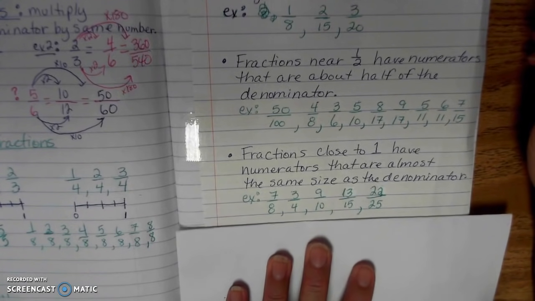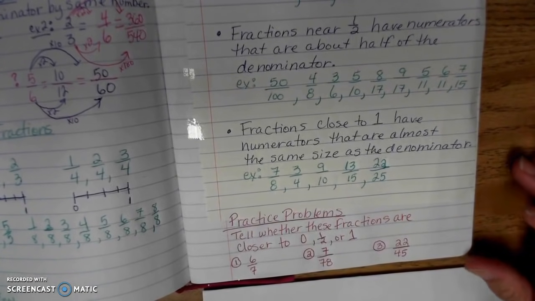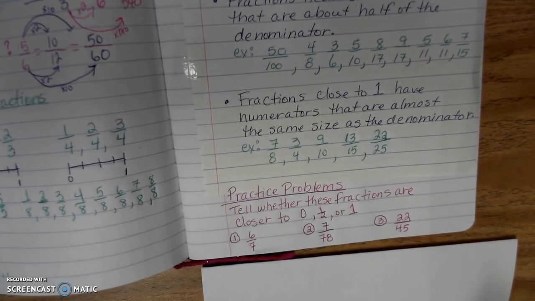All right, so we have some practice problems for you to try. You are going to tell whether these fractions are closer to 0, half, or 1. So copy these 3 down. Number 1 is 6/7. Number 2 is 7/78. And number 3 is 22/45. Please copy these problems down and then tell us, are they closer to